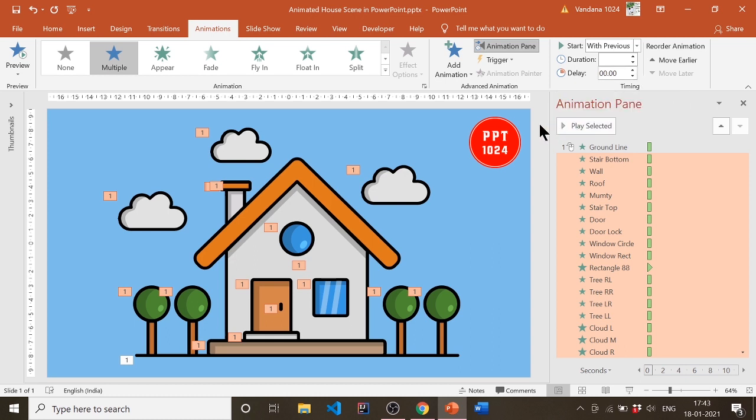And now we will set how much delay should be there in animation of each object. That is, after how much time the animation of each object should start.